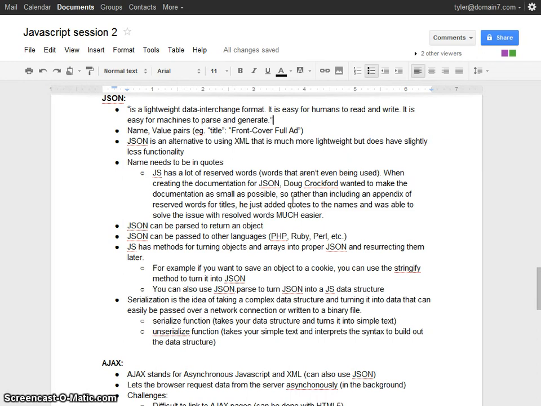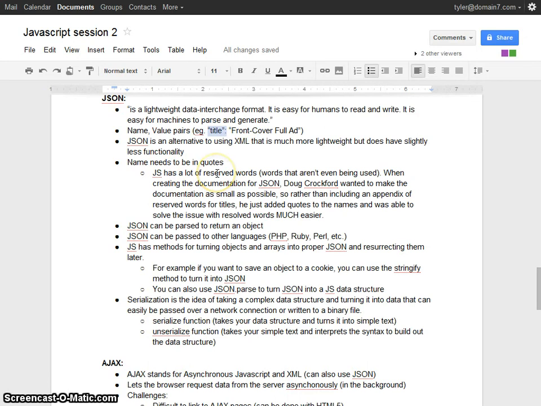JSON has name-value pairs. So we give a name, so in this case just title, and the value of that. So in this case, front cover full ad. The name does need to be in quotes because JavaScript had a lot of reserved words.